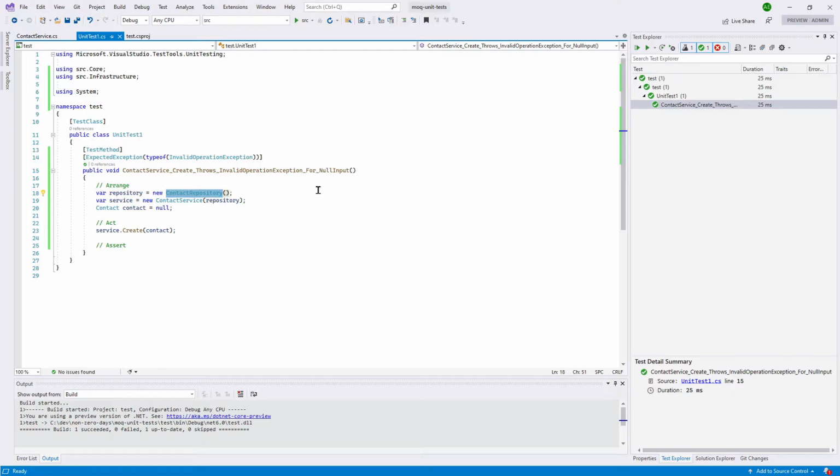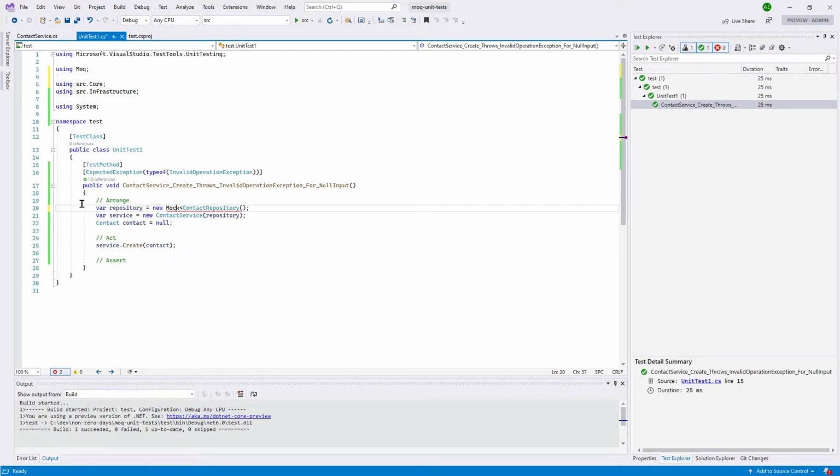And it's also not particularly fast. I mean, contacting a database can be a pretty slow thing sometimes compared to just the millisecond it might take, otherwise, a few milliseconds to just call a service, call some code. So we generally don't want to create this dependency. And the way we get around that is we use Moq. So because we ran that add package before, we now have using Moq as an option. And if we say new Mock of IContactRepository,